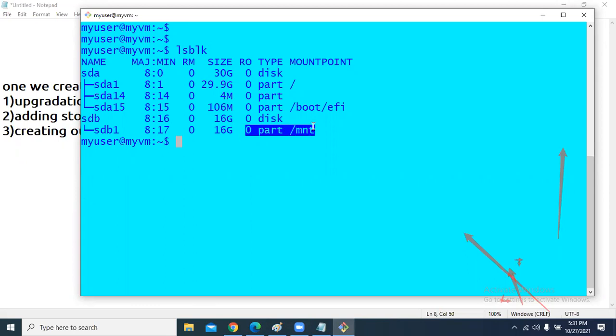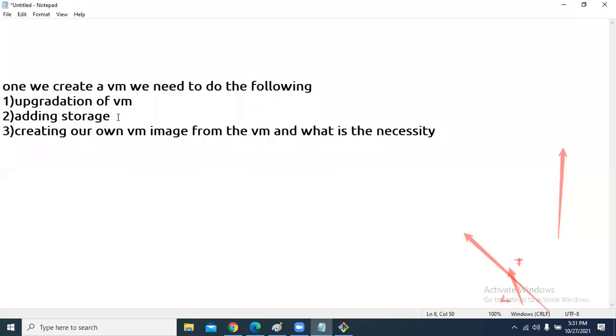Now like this disk, I want to add one more. Okay, like this, I want to add one more disk, with some capacity like 32 or 48. I want to add one more. So to add one more disk, so generally,